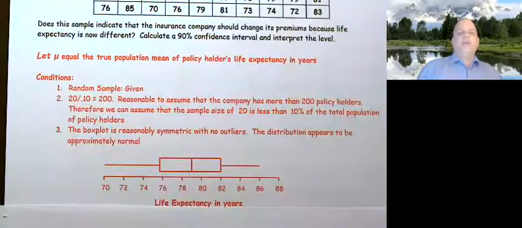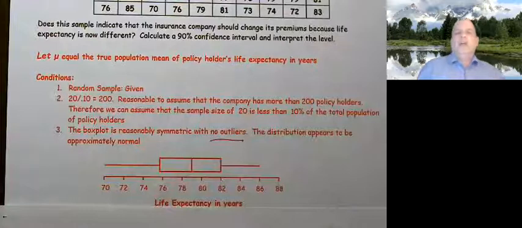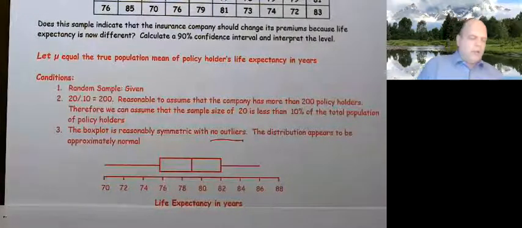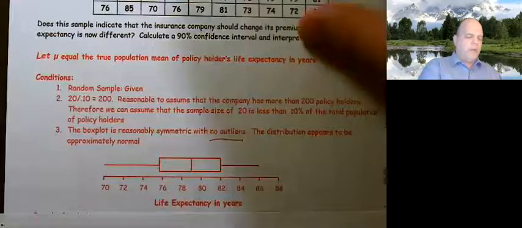And so it's reasonably symmetric, with no outliers. So the distribution appears to be normal enough, or we like to say approximately normal. Please use those words. Approximately normal is a really important phrase. Okay, so now that we've done that, we need to go ahead and write our formula and write down our